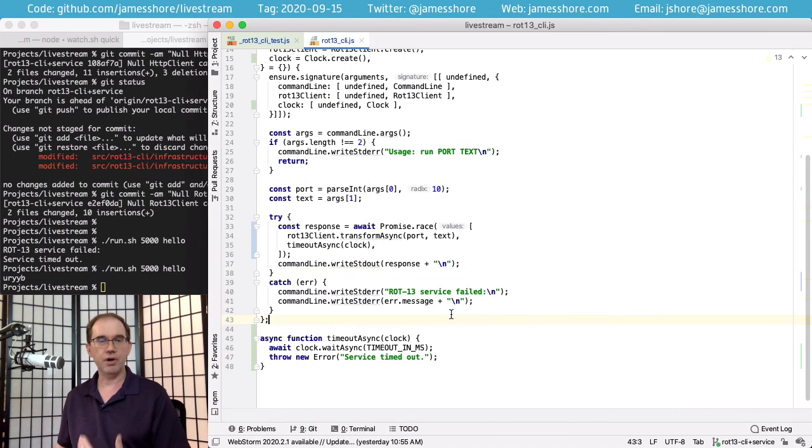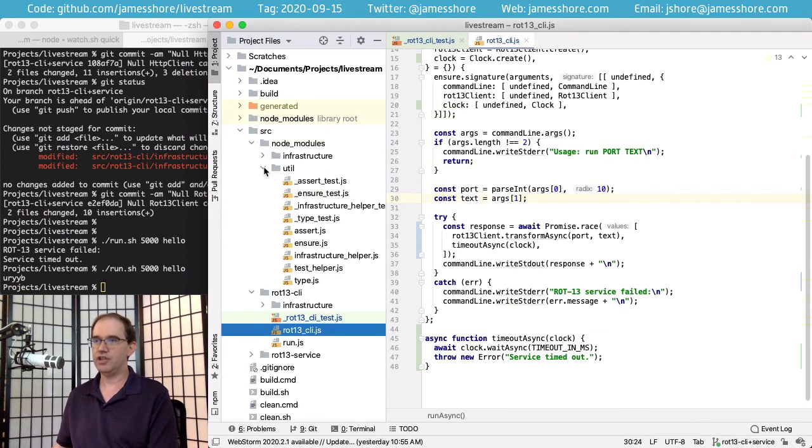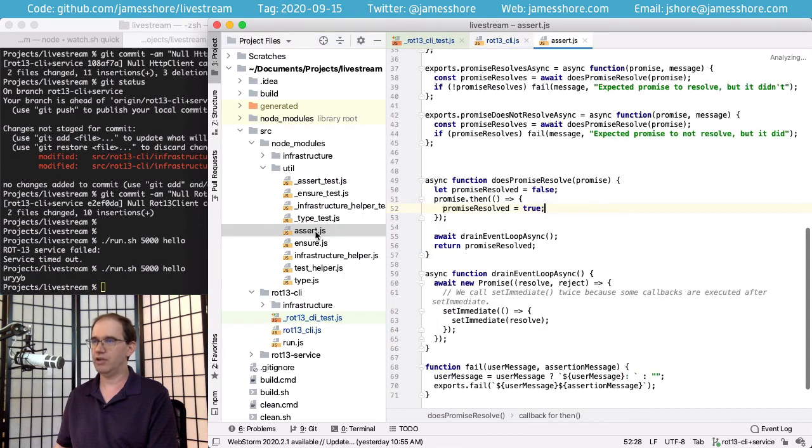The answer to your question is both. I wrap it so that I'm independent of the underlying assertion library, because third-party libraries stop being maintained, they update in incompatible ways, and I want to have an insulation layer between myself and that third-party library. At the same time, I don't want to implement it all myself. So it is just a thin wrapper. If we look at the way assert is written,